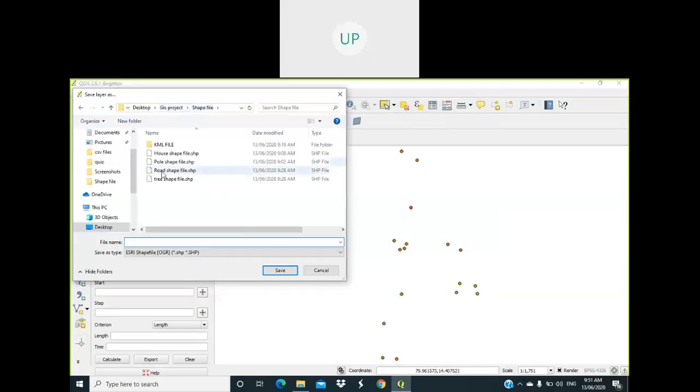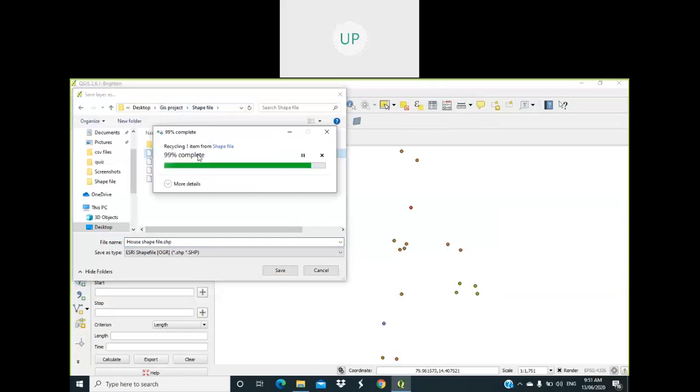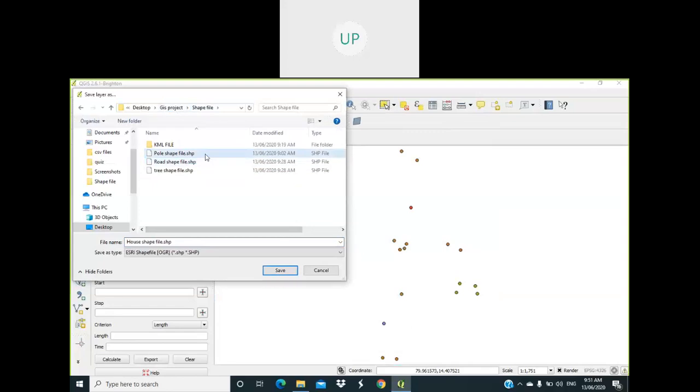So like this, we have to make a shapefile.